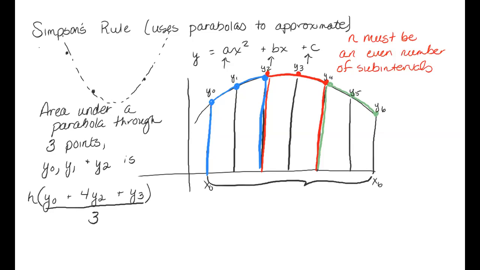And the way that I'm going to do that is I'm going to notice that every one of my parabolic sections is going to have that h over 3 in it. So I'm going to factor it out to start. And then I'm going to add up my 3 pieces. So my blue one,